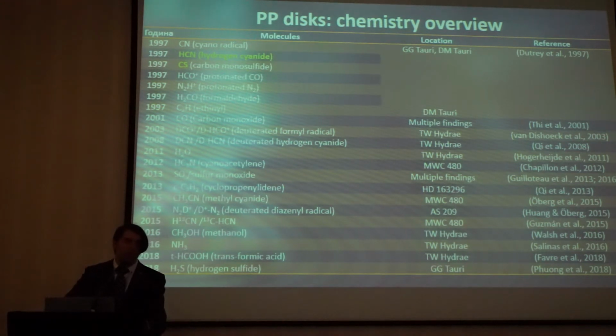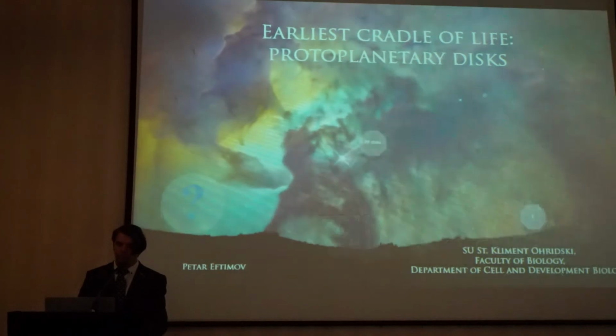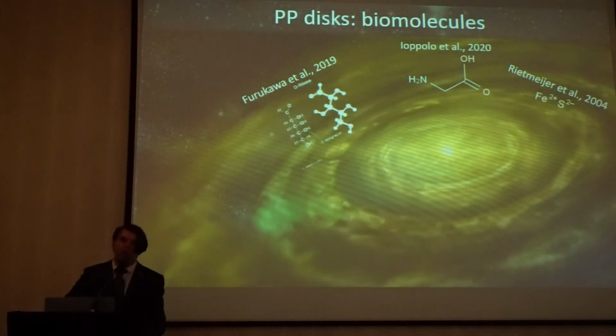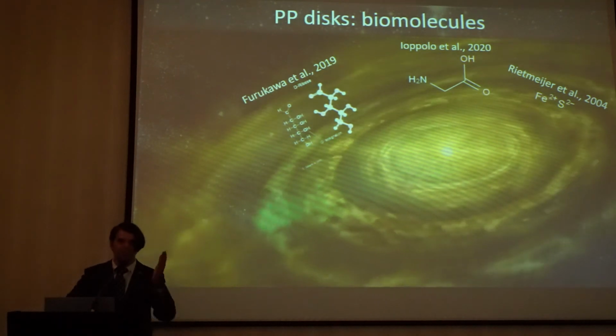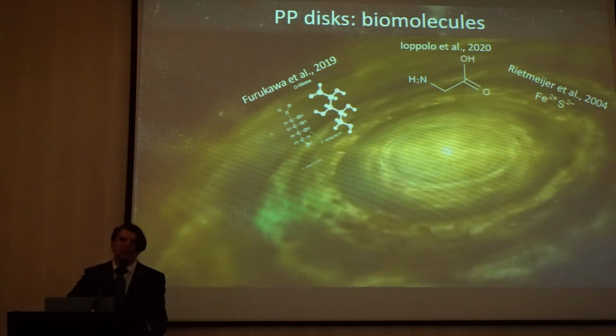As you can see here, there are multiple detections. I just picked the more interesting molecules, and I can emphasize hydrogen cyanide, which we saw together today, is quite important for the creation of all this necessary machinery for building a living cell. Yes, this is a very important and very chemically active system. So why not think of something more complex conceived there? What do I mean by that? I mean that some biomolecules are detected, and Rosita showed us a very beautiful picture from ESA about that Rosetta